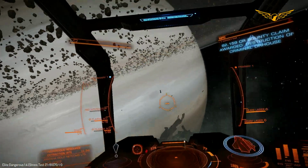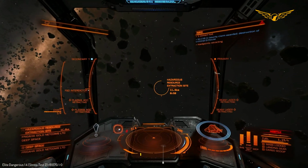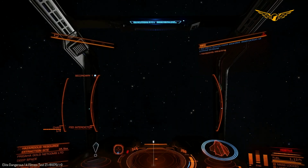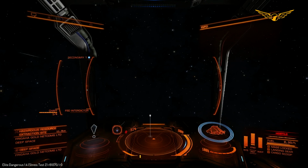Hello, goodbye. Okay, well, I think that's pretty much enough showing off this ship at the moment. I mean, not many of these ships were actually firing back at us because we didn't let them get us in their sights. So let's get out of here, let's get back to the orbital, and let's see how well